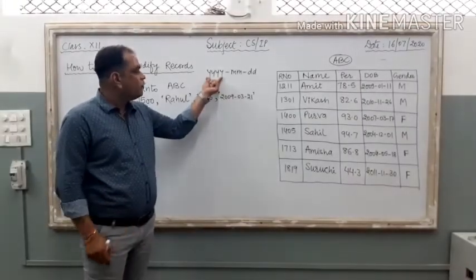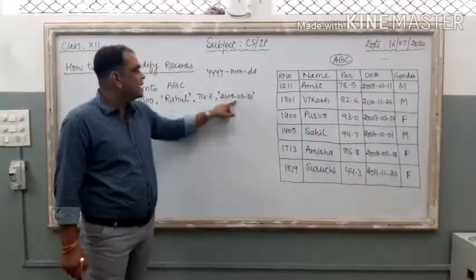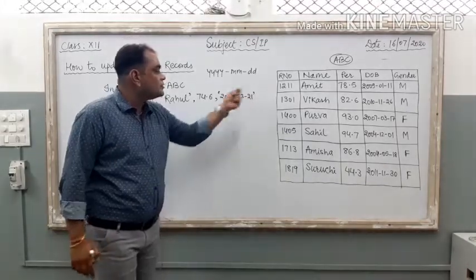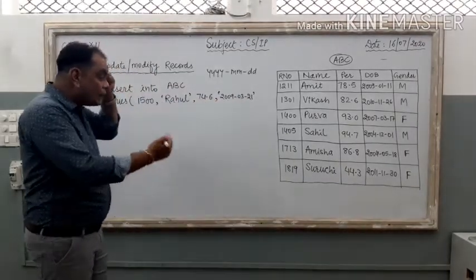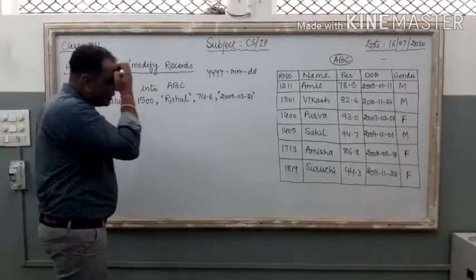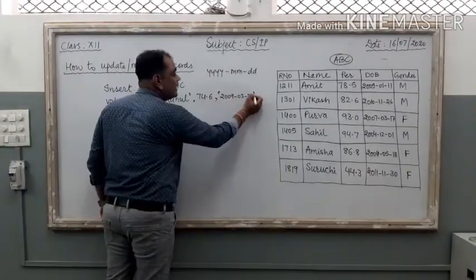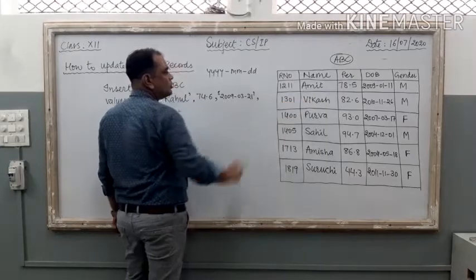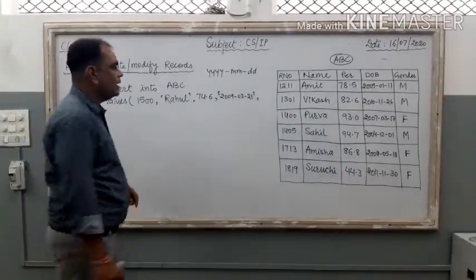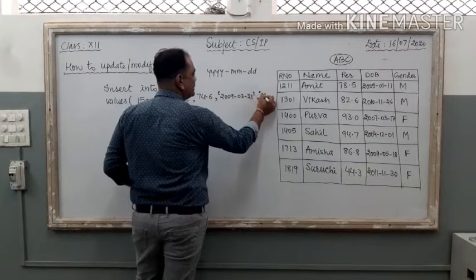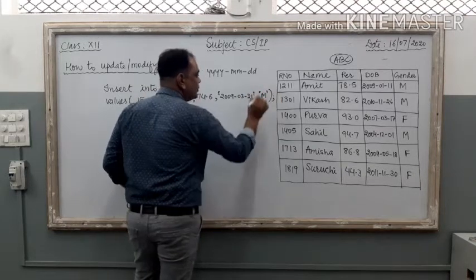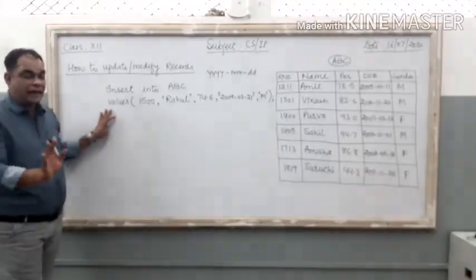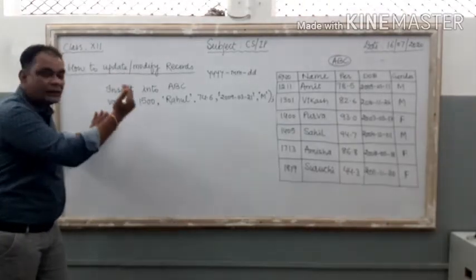So just check it: a 4 digit year, then dash, the month in 2 digits. So 3 should be written as 03, then dash 21. This is the proper way to store the date value. The date value should be enclosed with inverted commas. Then after that, comma, and the last column contains the gender, male or female. So here I write Rahul, he is male, and at the last I use a semicolon. So, with the help of the insert into command, we can insert these records inside the table.